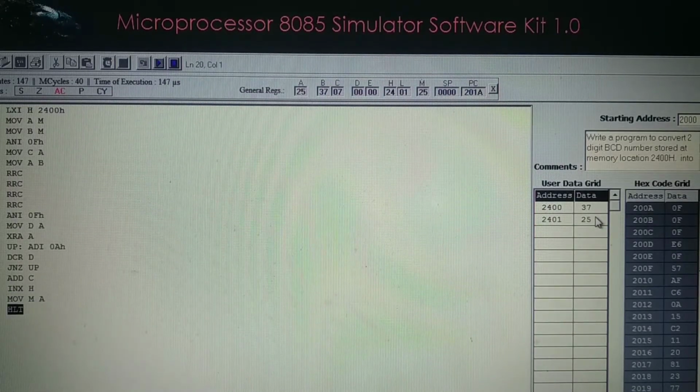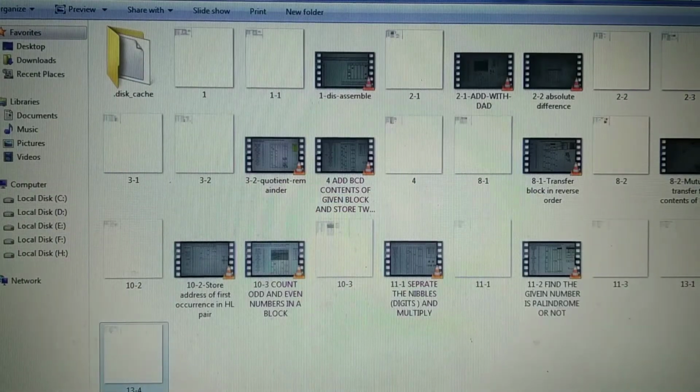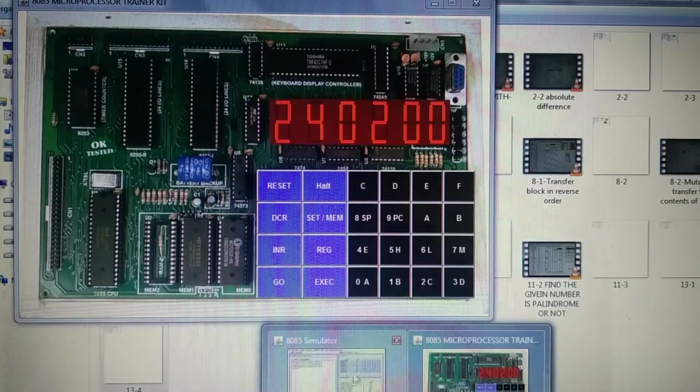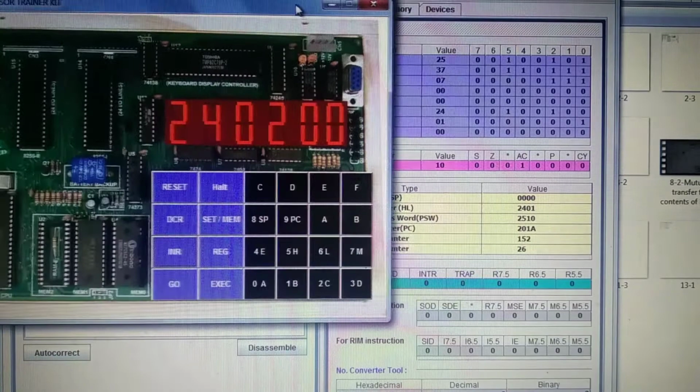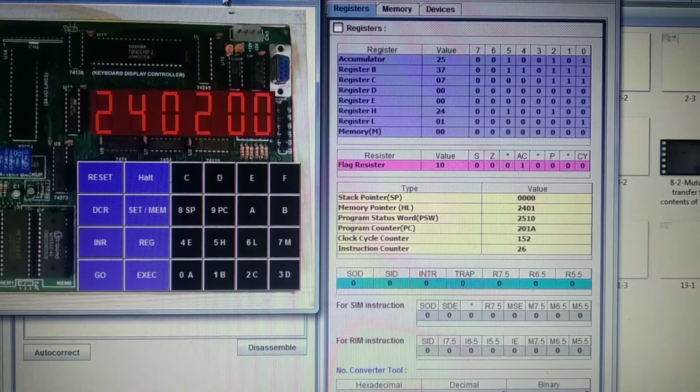Now the same program we can execute with a different kit. Here you will get a different type of kit. Already the program is entered, we only have to check the contents. The program is entered from memory location 2000.